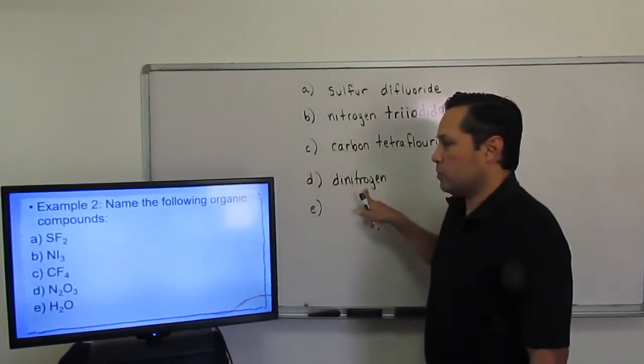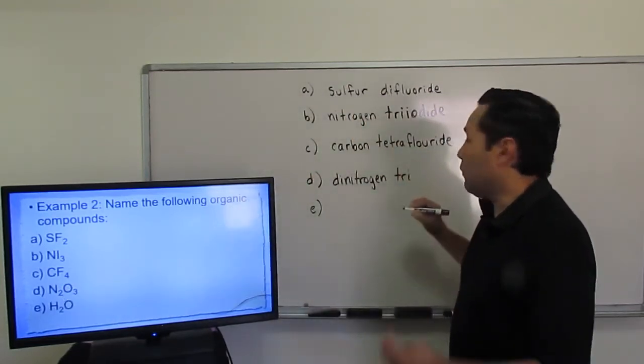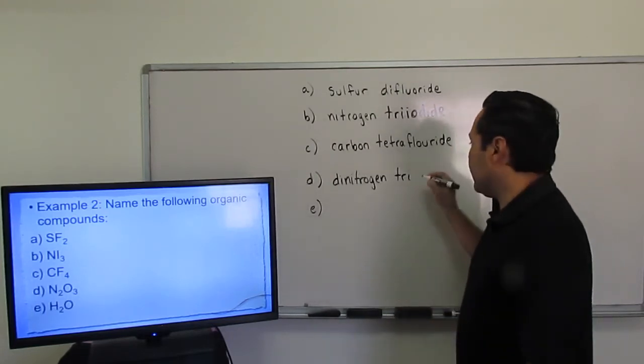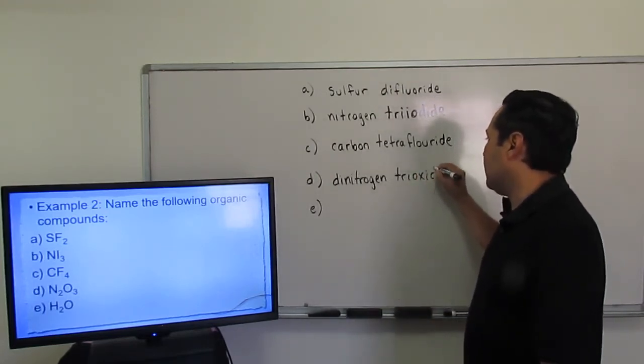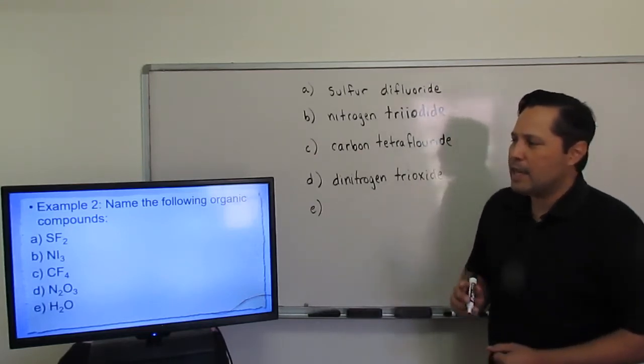2 nitrogens, 3 oxygens is spelled tri for 3. Oxygen, when you add that ide ending, it becomes oxide. So dinitrogen trioxide will be the name for D. And the last one,